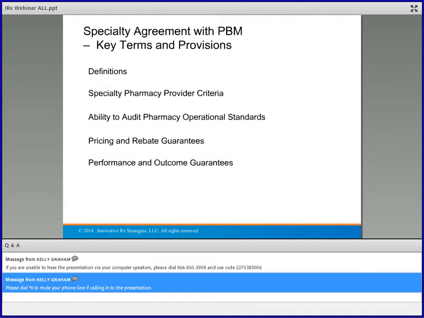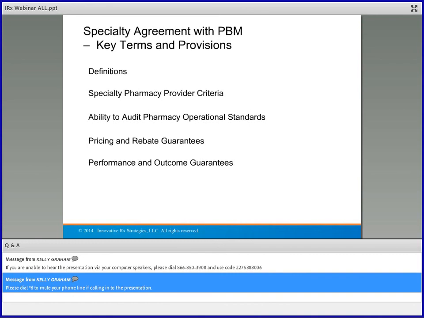The rebate guarantees. For a lot of you that don't know, or maybe if you do, the other thing you need to look at is amending your definition for rebates to now include what are called price protection or price adjustment provisions that pharmaceutical manufacturers have now negotiated with most PBMs. There are some PBMs that have still not negotiated price protection provisions, which basically say that if the AWP of a specialty drug or any drug, let's say they set a cap at 5%, and the AWP exceeds that 5% cap,